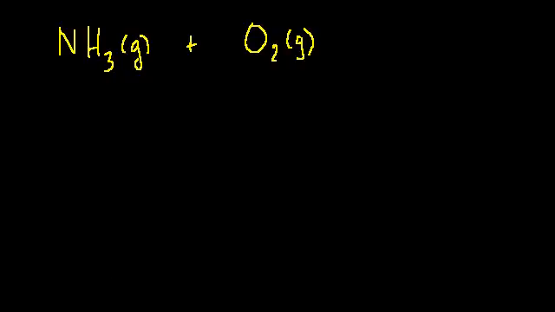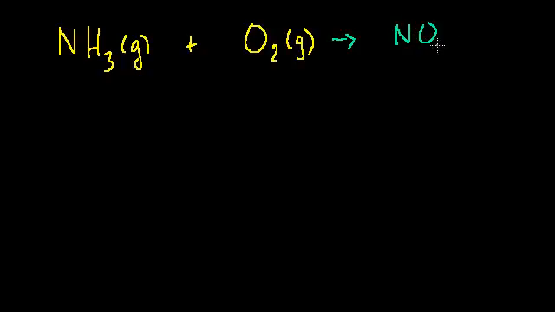Let's say we have some ammonia gas. That's NH3, and it's a gas. That's why the G is in parentheses. And we combine that with some oxygen, molecular oxygen. It's also a gas. And that reaction produces some nitrogen monoxide,